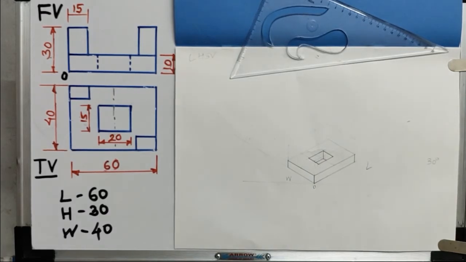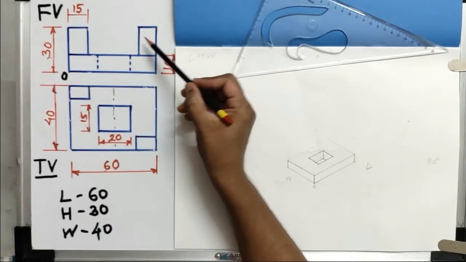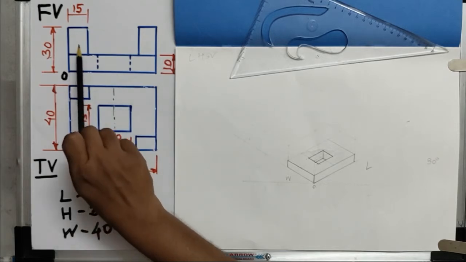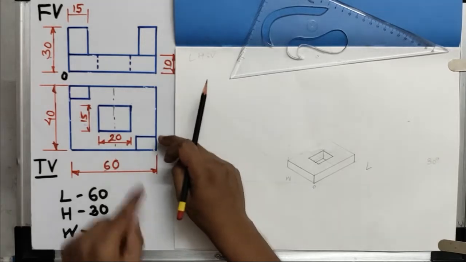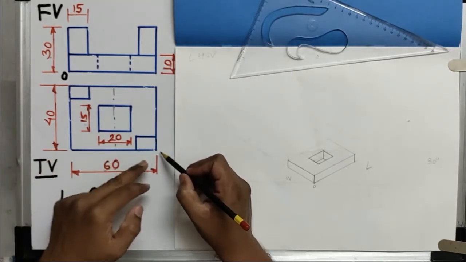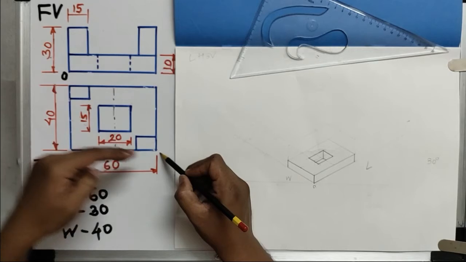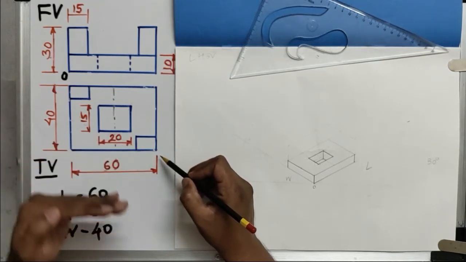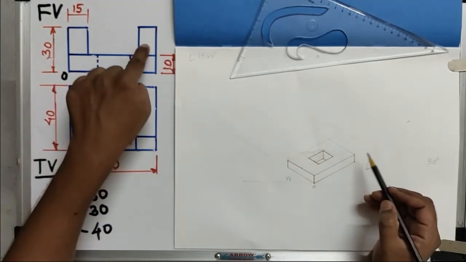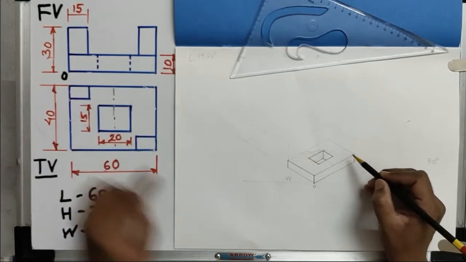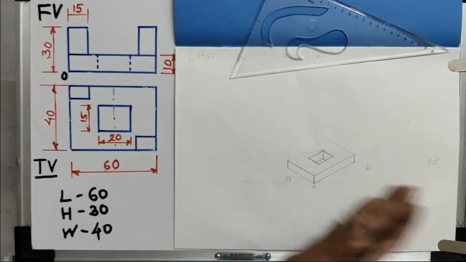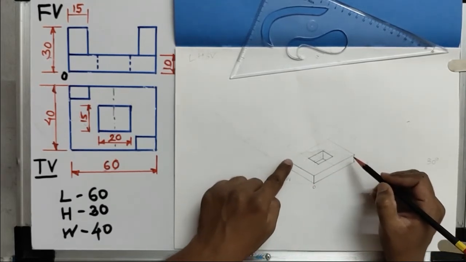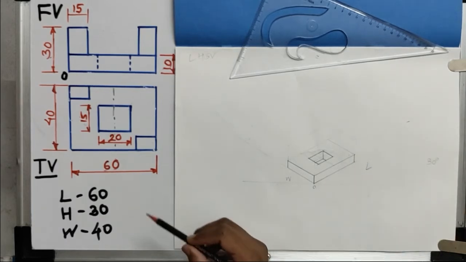Now two more portions remain to be represented. Here you can observe this is present in the front view on the extreme left and extreme right side, but when you observe from the top view, it is on the extreme right corner and extreme left corner, but not at the same position. One is at the front and one is at the rear side, so the right side portion is present at this position and the left side portion at this position. One is at the right side corner and one is at the left side corner. So we have to represent that portion now.